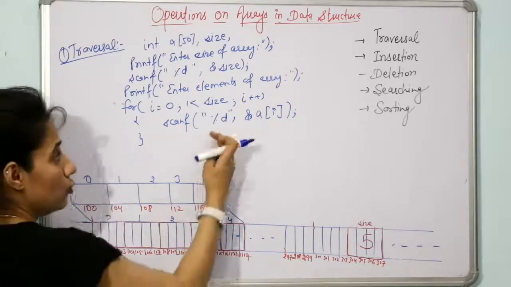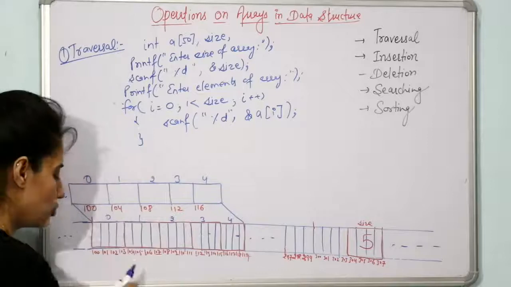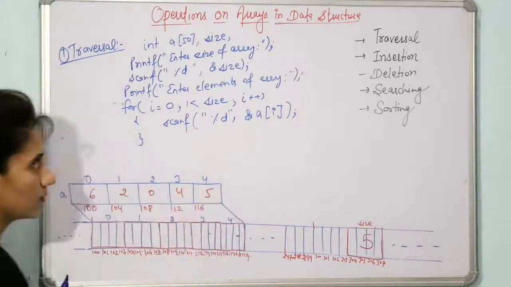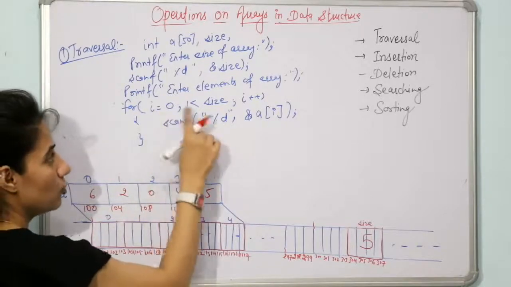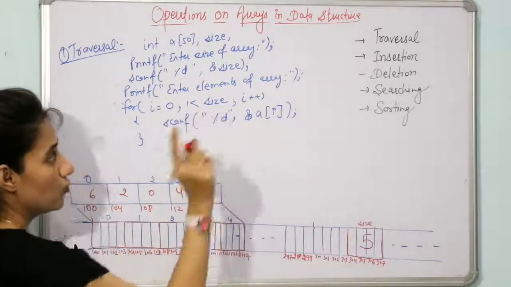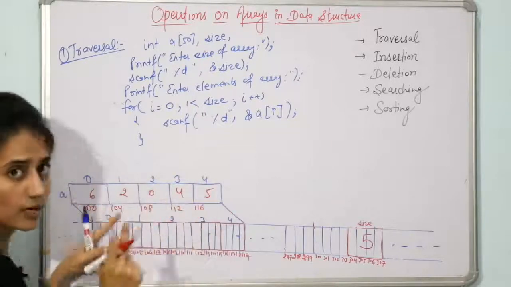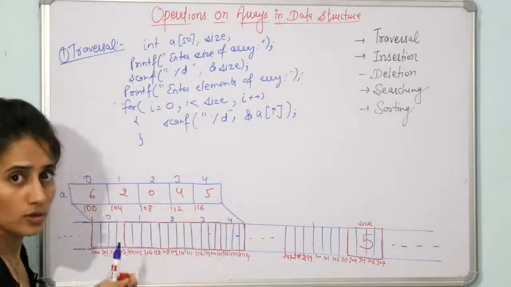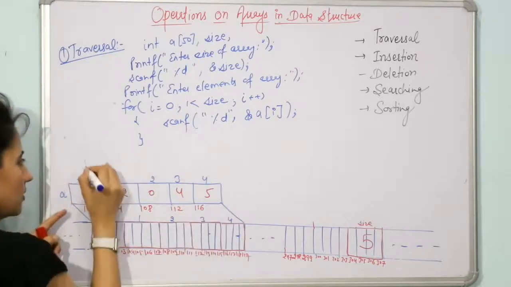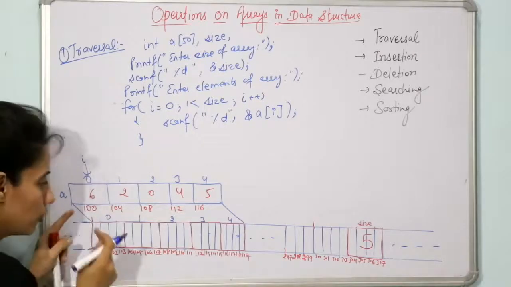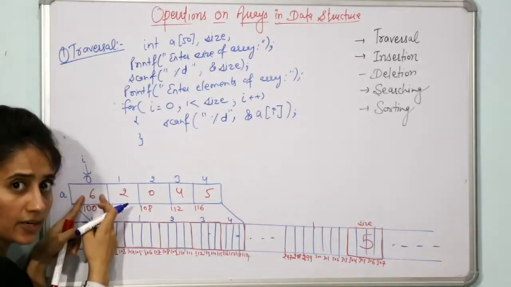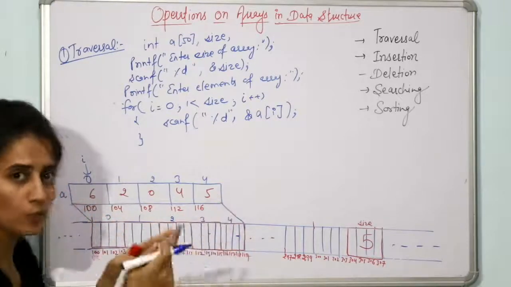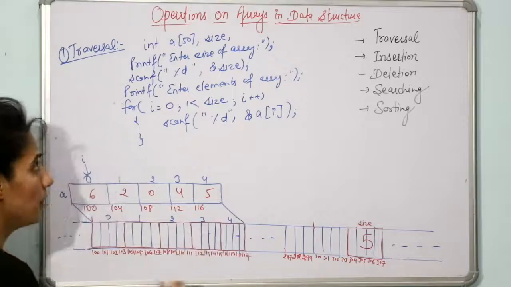Fine. So now user will insert the values. Suppose user has inserted the values 6, 2, 0, 4 and 5, because the loop would start from 0 to 4, size is 5, 0 to 4. So that is why from 0 to 4 the array would be populated. Now how is this array to be traversed? Now we are going to start a loop again from here. We are going to access each element, and we are going to print. Output should be, you are going to print the array. What are the elements in there? You are going to print that. Fine. So for printing you will write what?